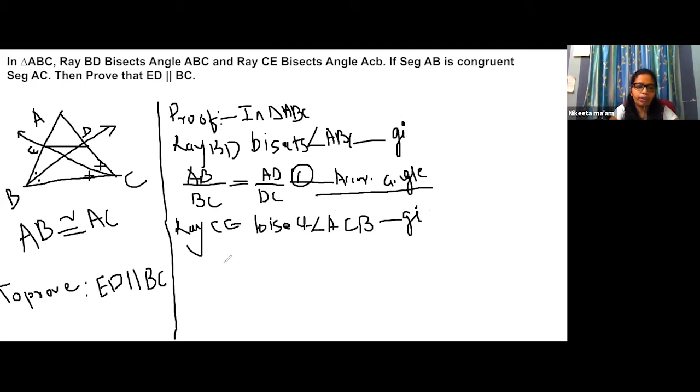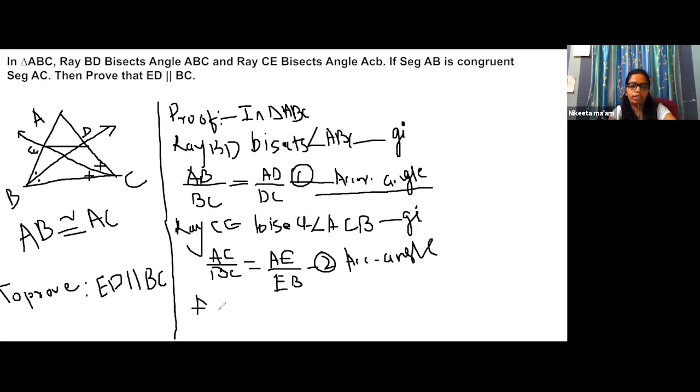So according to the angle bisector theorem, I can write it as AC upon BC will be equal to AE upon EB. So this is 2, according to the angle bisector theorem. So now from 1 and 2,